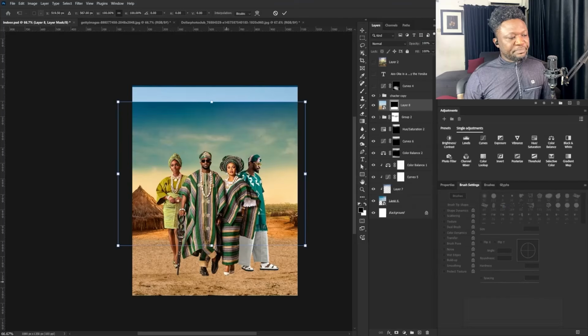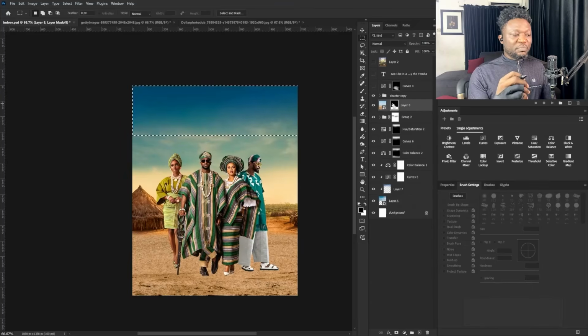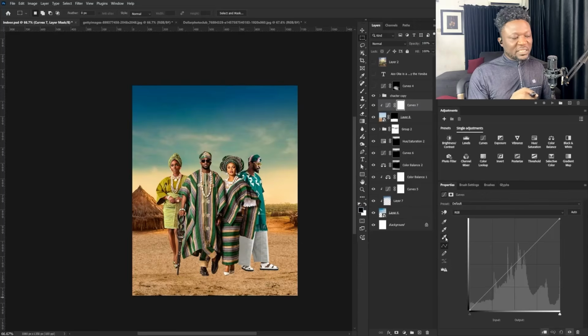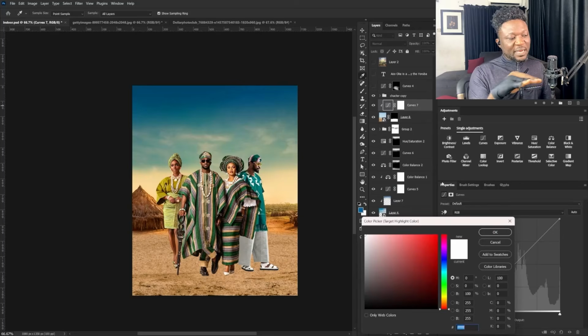I don't want the cropped part of the village frame to show, and that's the reason why I adjusted the layer mask of the image to cover that part where we can see the